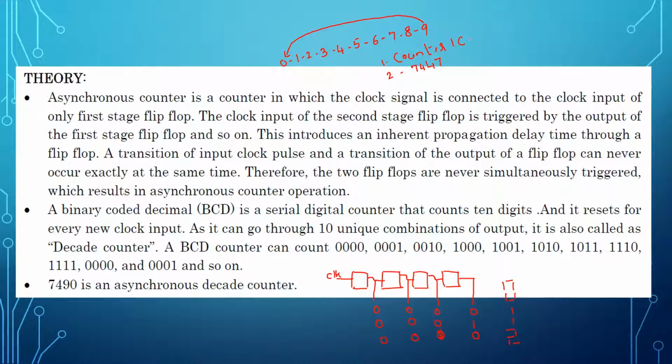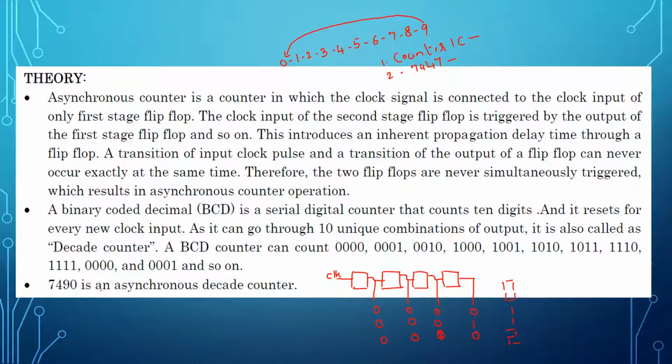This is your counter IC, which will be giving you the count based on the clock inputs you are applying. The counts given by the counter will be given to the decoder IC, and the decoder IC will give the output to the 7 segment display, and the 7 segment display will display the counts directly in decimal format. That is the theory explained here.